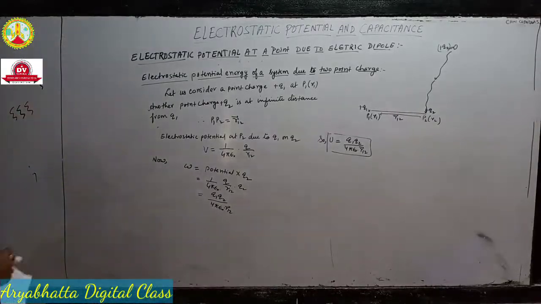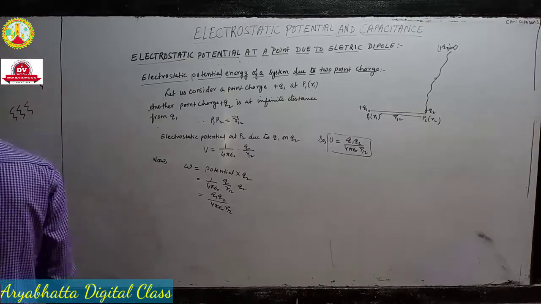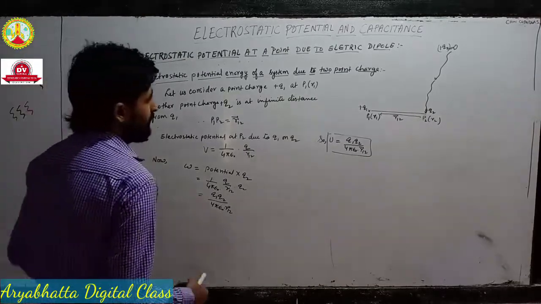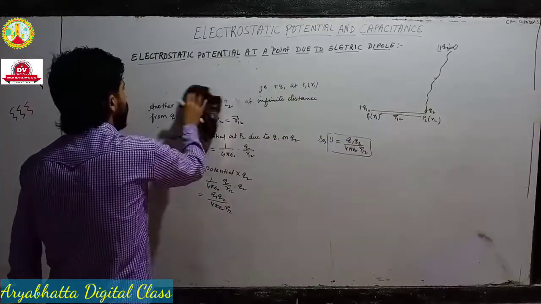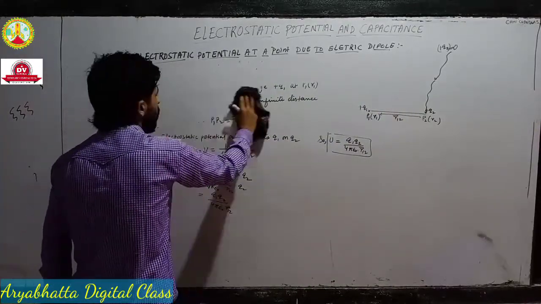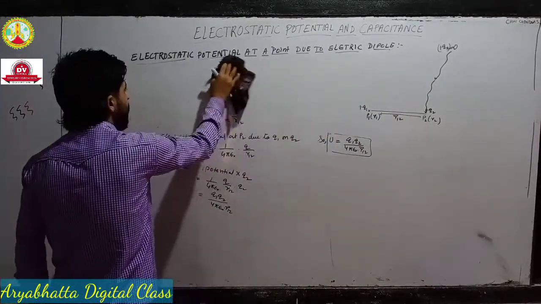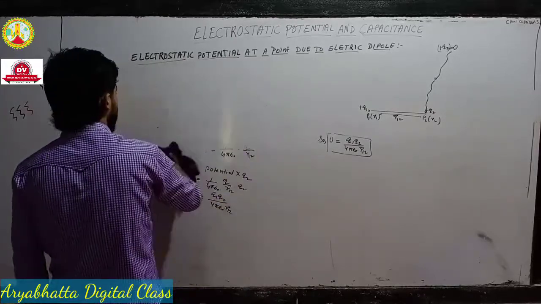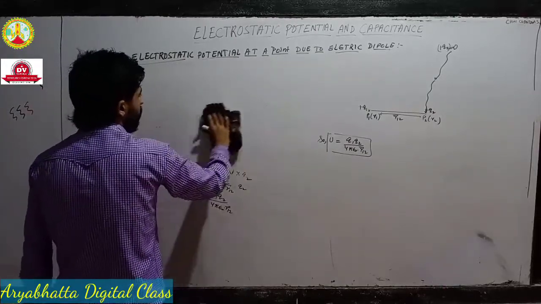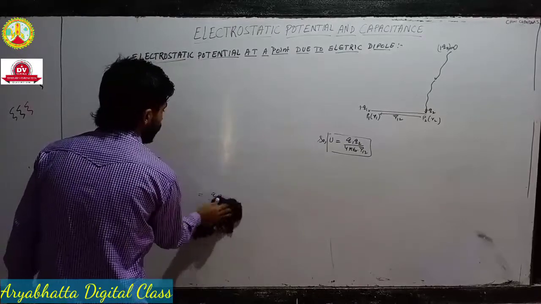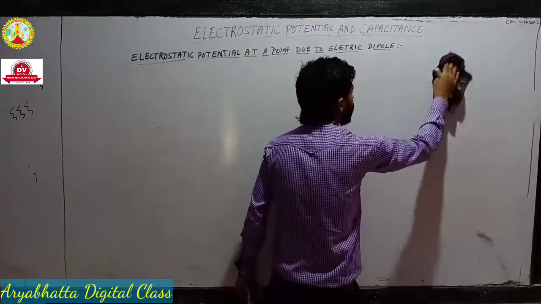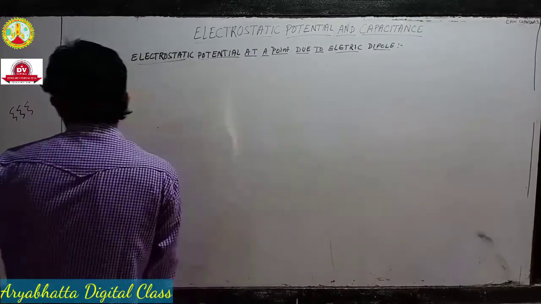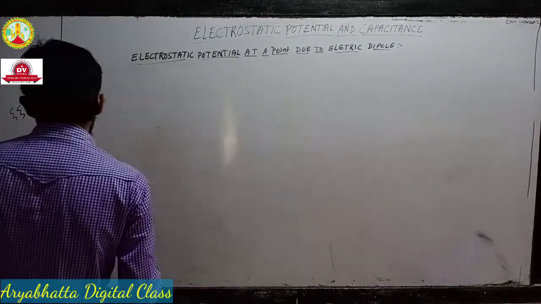Now the next, right, this is basically the last topic of the first part of your chapter. After this topic we are going to start the second part, that is the capacitance. Capacitor and capacitance, that part we are going to start. So now let's start the next topic. The next topic will be potential energy